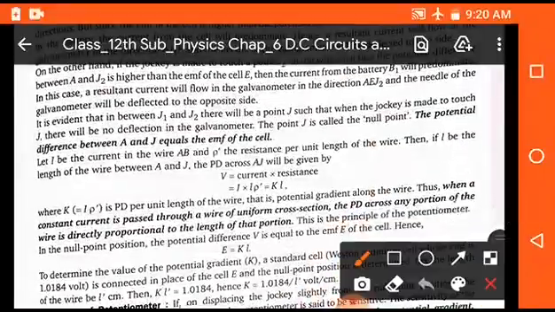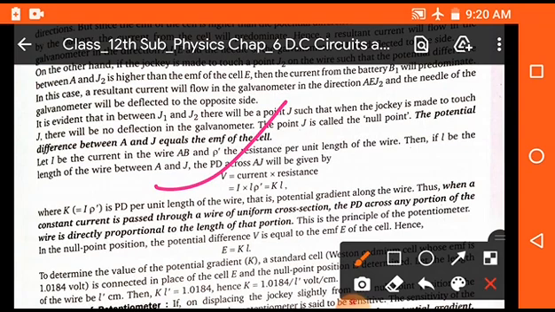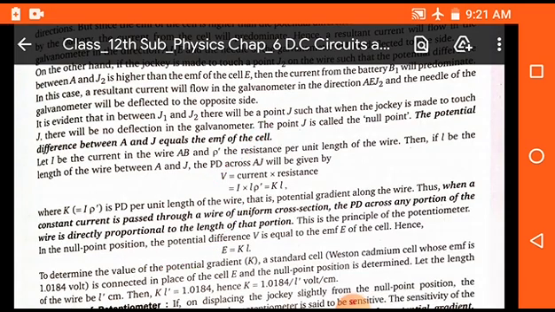Now, on which principle does the potentiometer work? It is important. It works on the principle that E is directly proportional to L, where L is the length. That means as the length decreases, the potential of a cell also decreases. That means E is directly proportional to capital L, where capital L is the length of a part of the wire where the jockey is connected. So E is directly proportional to L, and when we remove the proportionality sign, we use a constant K. So K is a proportionality constant.